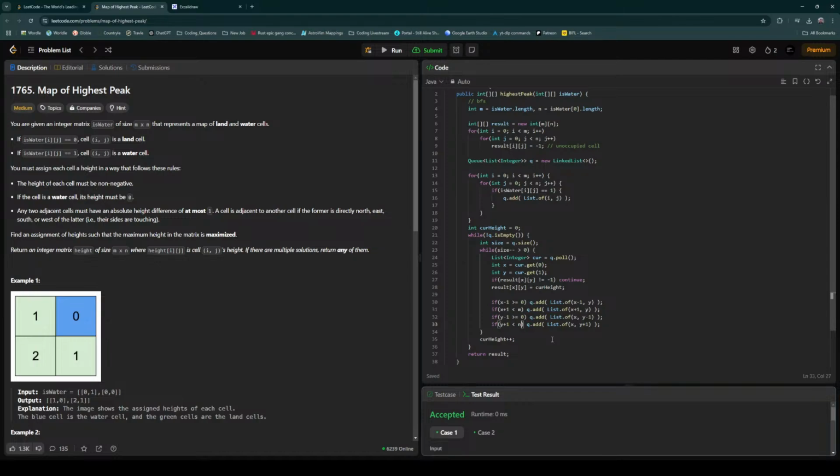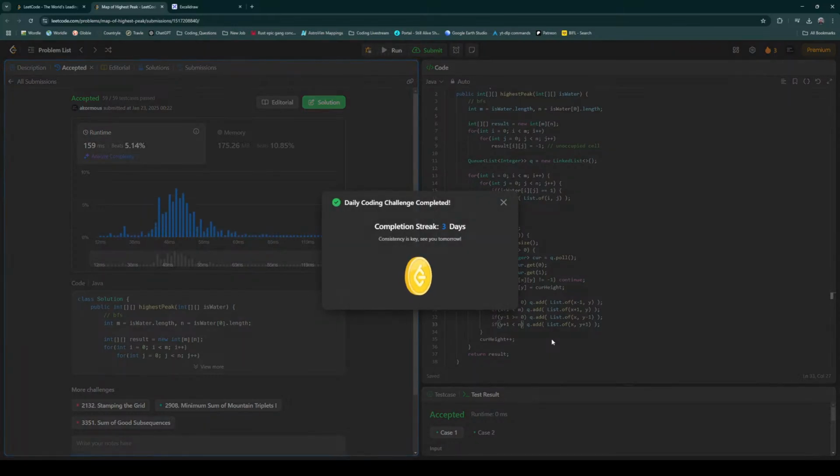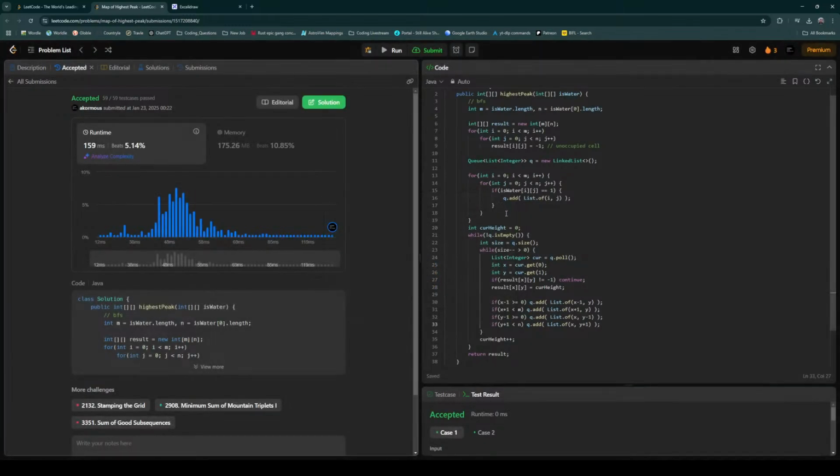Okay, it is accepted here. Let's see if this is the final solution. If it is, then we are good, right? Yeah, it barely is a solution in the first place. Right. Now, interestingly,